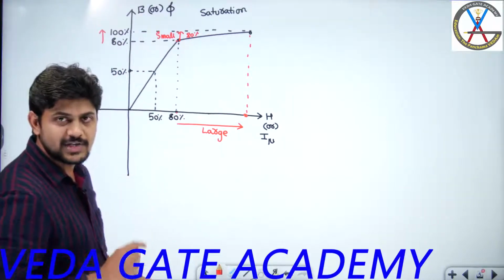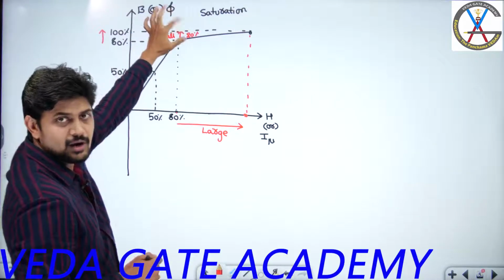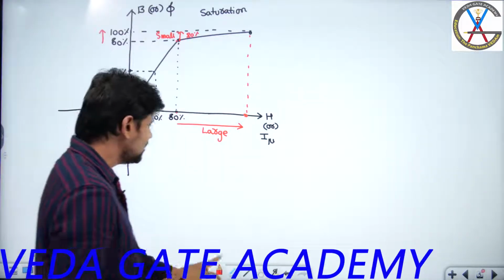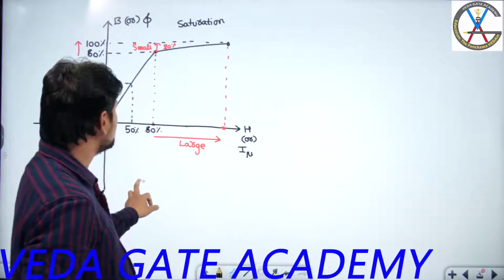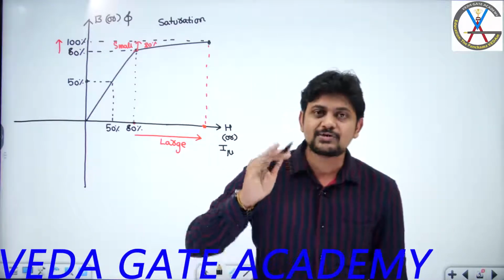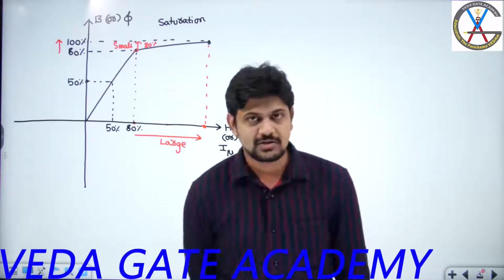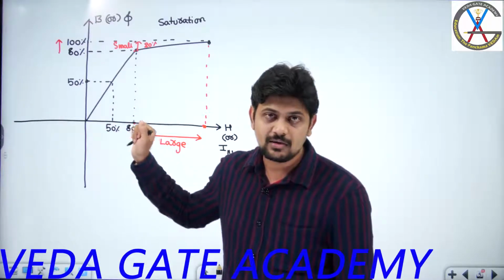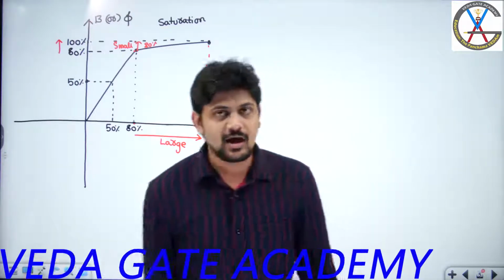But once you enter into the saturation region, then what will happen? For a small increment of the flux from 80 to 100%, the magnetizing current will be very large. The magnetizing current will be very large. Now if you understand these two points, if you are able to understand this particular discussion, now let us focus on this: in order to produce a sinusoidal flux, what is the shape of the magnetizing current that is required for this kind of BH characteristics. These BH characteristics are for a non-linear machine, that means a machine or transformer whose core is designed with iron material, right?